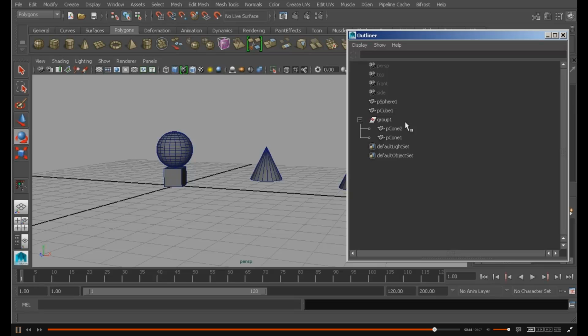Okay, so the next thing we'll talk about is the hotbox. So a way to access some tools in Maya very, very quickly. So we'll talk about some of the things that we can do with that hotbox before we move on to a little bit of scripting and working with shelves. And I believe then we're going to be actually starting on the modeling. So we'll get to that in the next